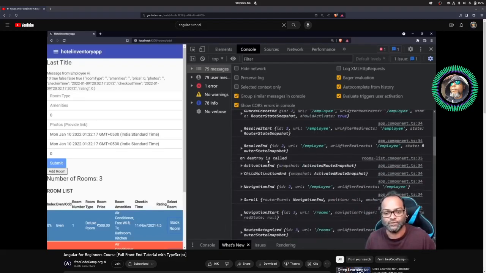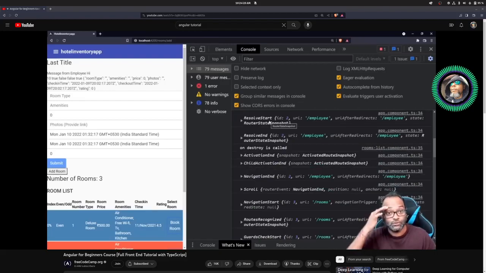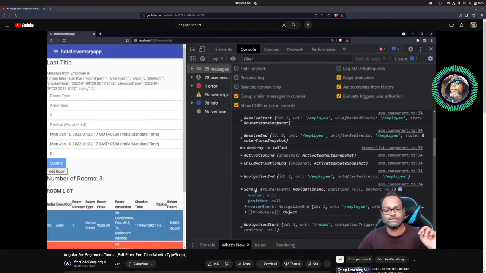Then it says, okay, now let me just resolve this particular route, right? It will try to resolve this particular route where we are redirecting to room/add. And then it says, okay, now this is also fine, resolve ended. Then it will call activation ended, then child activation also ended, and finally navigation says, okay, now everything is fine, let me just end the navigation. And the last event which we have is the scroll event. Scroll event is something you can use in case, let's say you click on a URL and now you want to